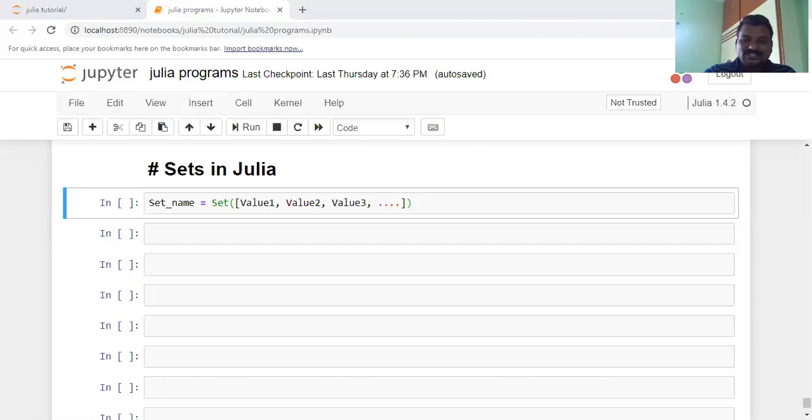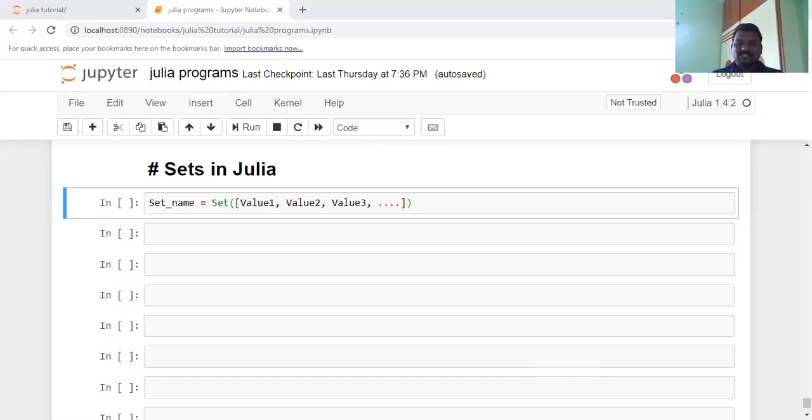Another important thing is that arrays as well as dictionaries can contain duplicate elements, whereas a set cannot contain duplicate elements. That is the main difference between sets and some other collections. Another important point is that sets are mutable data types.